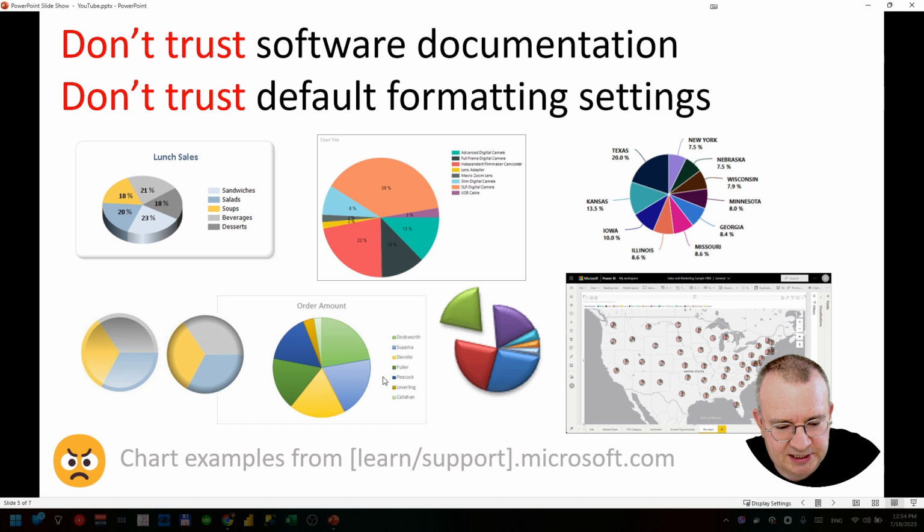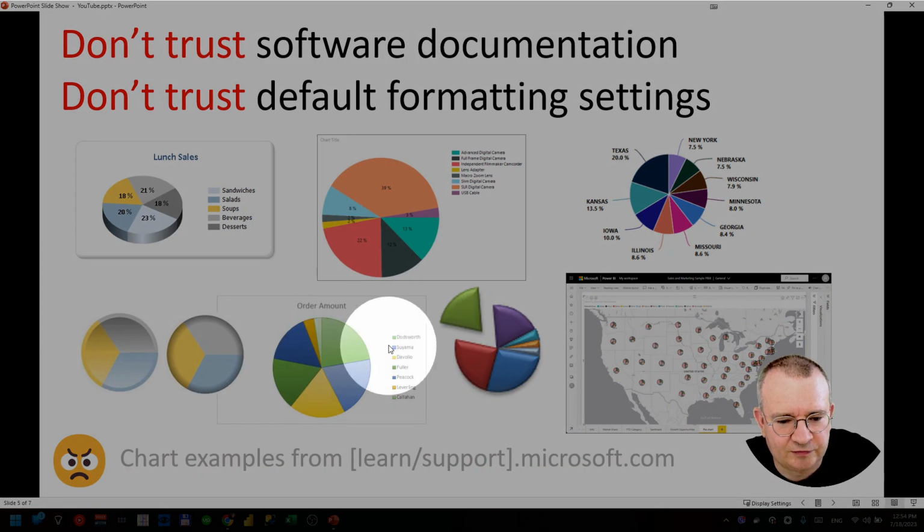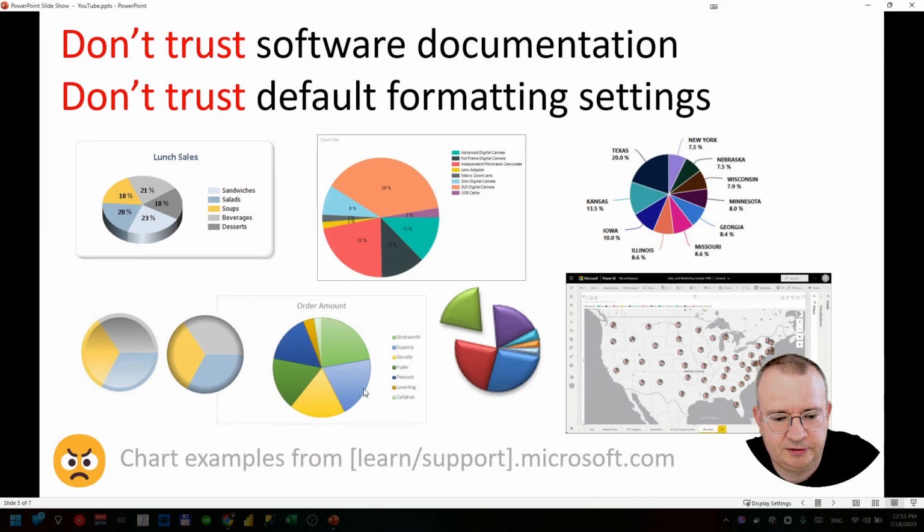Another examples are these charts with a lot of colors and with a legend far from the chart, and the same is here, a lot of colors and a legend far from the chart. As I already mentioned, it's not easy and almost not possible to remember all these colors. So the colors don't add any useful way for you to better understand the data.